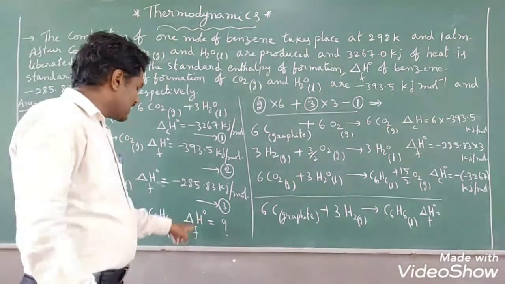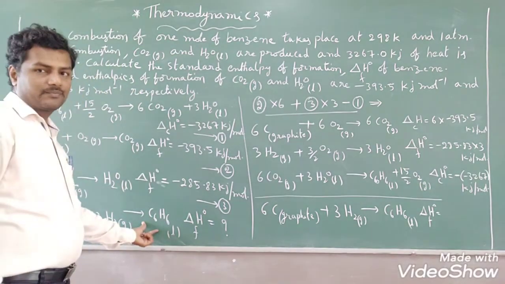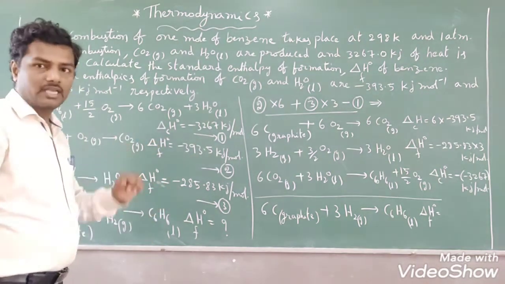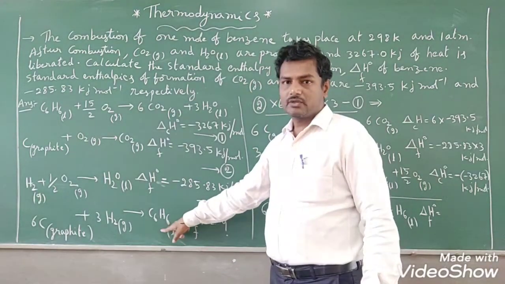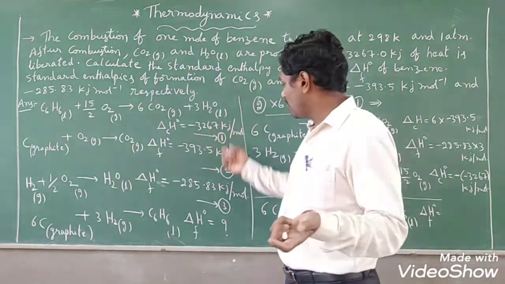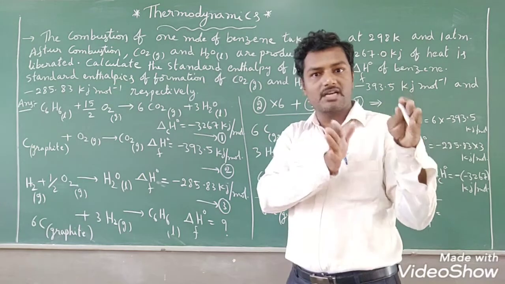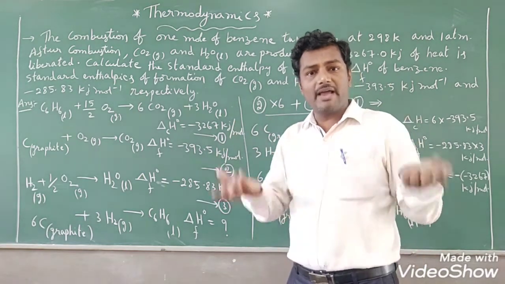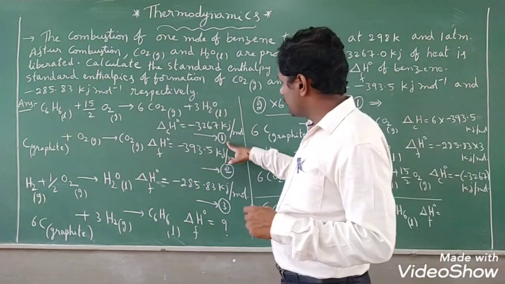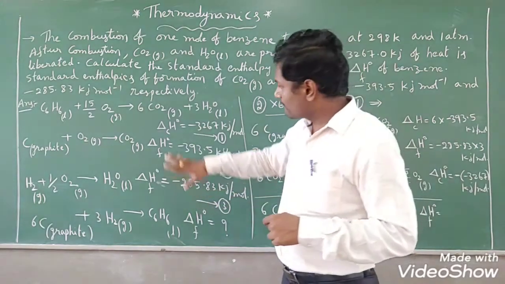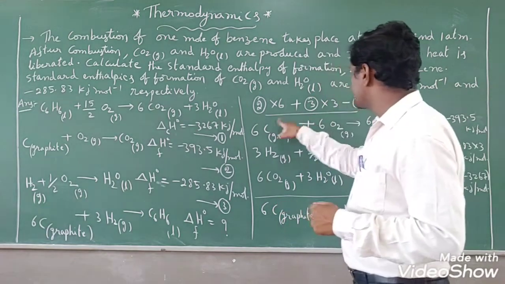Now they are asking for the standard enthalpy of formation, delta H naught F. How do we calculate this value, sir? By using this data. Something we have to do with equation numbers 1, 2, 3 to get this equation. What to do? We have to sum all these 3, or else sum any 2 equations and subtract that result from the other equation. In which manner do we have to do it to get this? We have to think about equation numbers 1, 2, 3. After identifying all this, I have got this. If you do it like this, we will get this one.